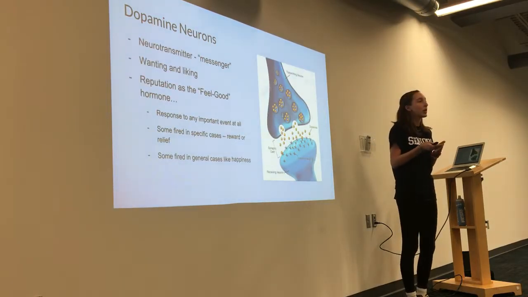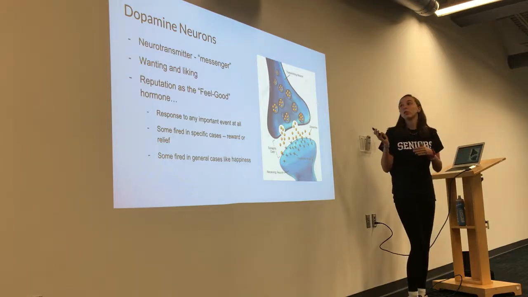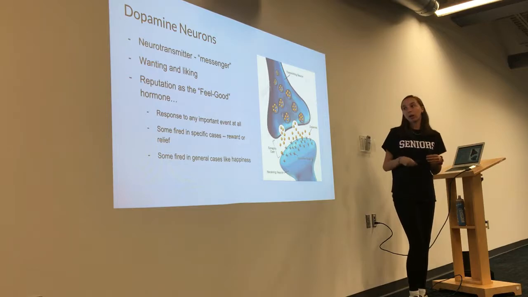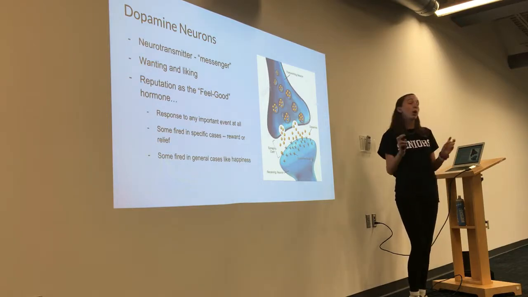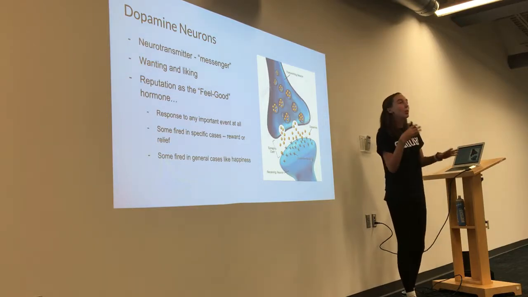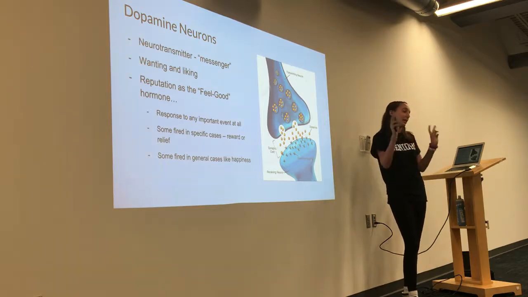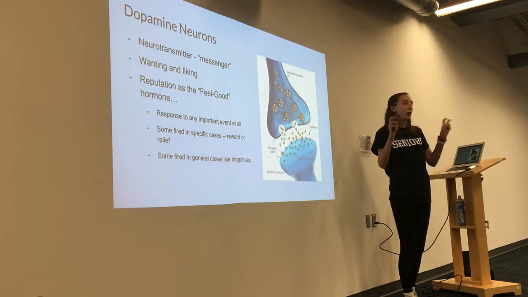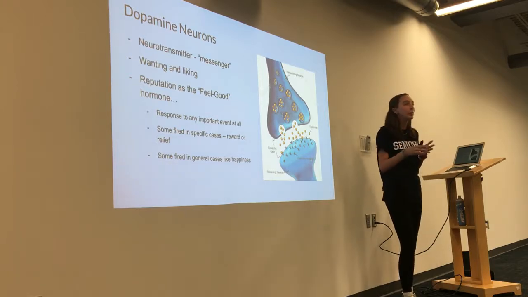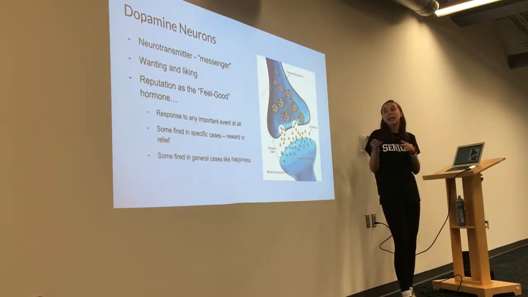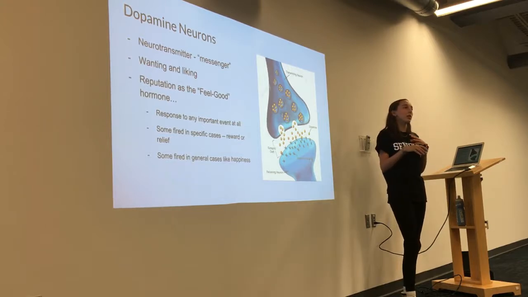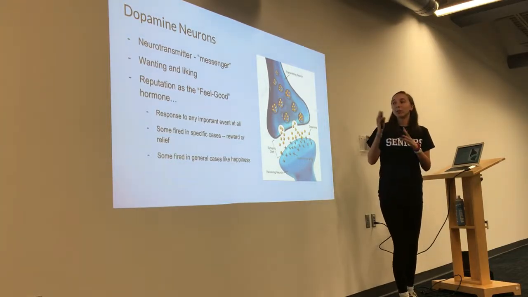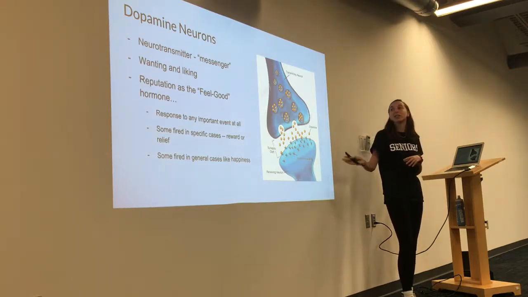Dopamine is a neurotransmitter, and for the purposes of this study, you should think of it as a messenger that sends signals to other parts of your brain and your body that's responsible for the feelings of wanting and liking. Dopamine tends to get the reputation as the neurotransmitter responsible for feeling good, but that's kind of an incomplete picture because, yes, when you're happy, dopamine is fired, and sometimes when you feel good, dopamine does get released,